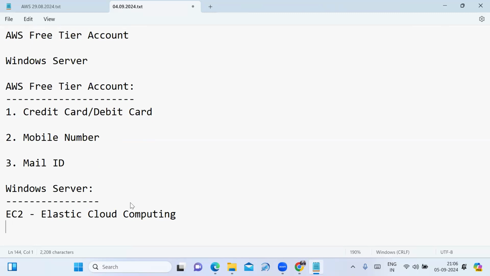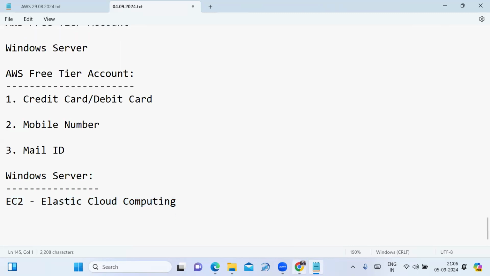Using Elastic Compute Cloud, if you want to launch a Linux server, you can launch it. If you want to launch Ubuntu, Red Hat Linux, the Windows operating system, or the Mac operating system, as per your requirement, we can launch the servers using EC2. You can also balance the load using it, I'll tell you in an upcoming session. Right now, I will launch and connect the Windows server, and for that I am using the EC2 service, friends.